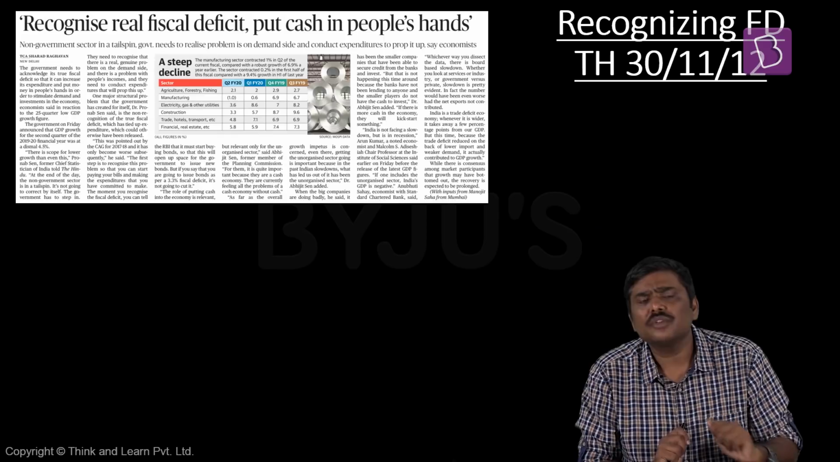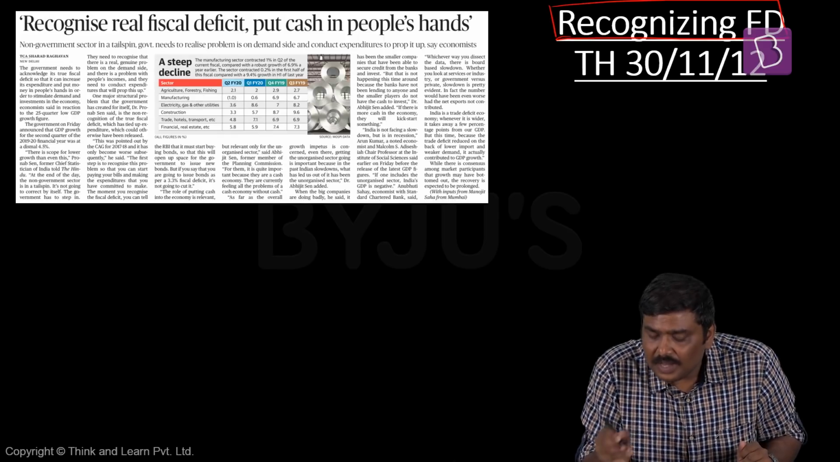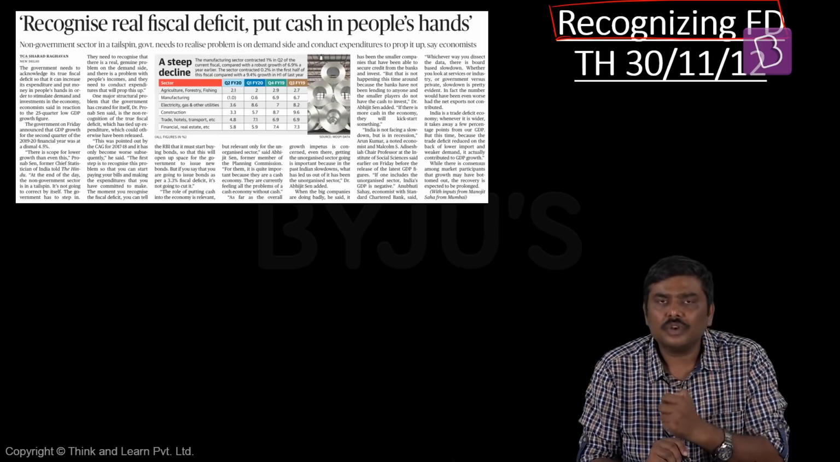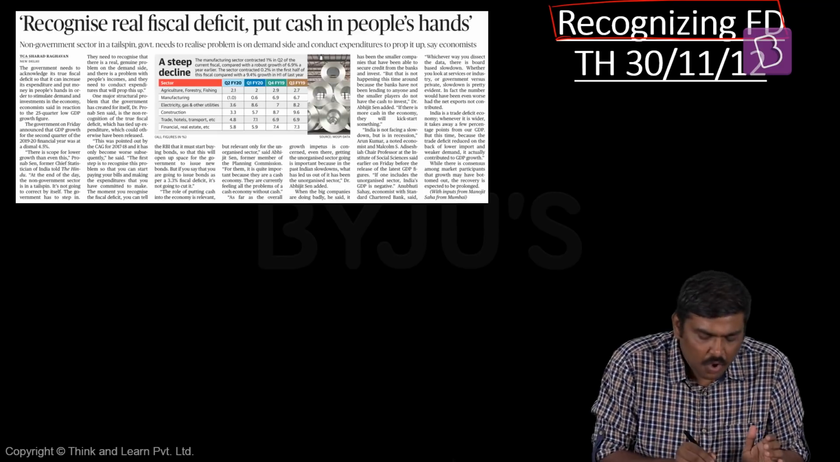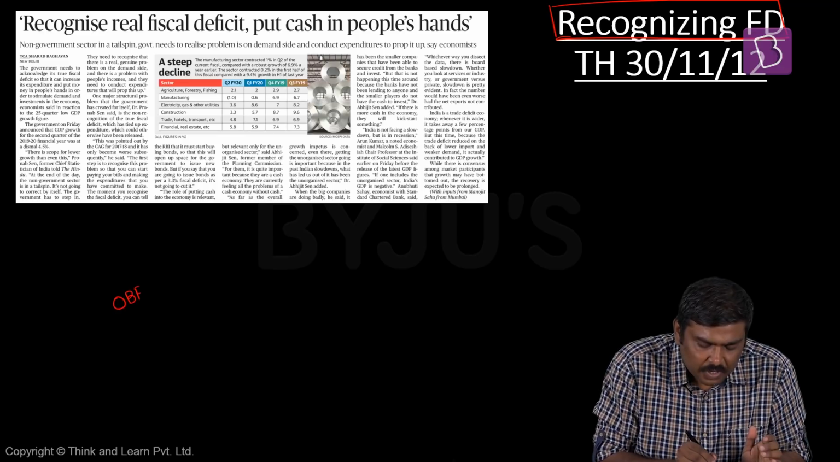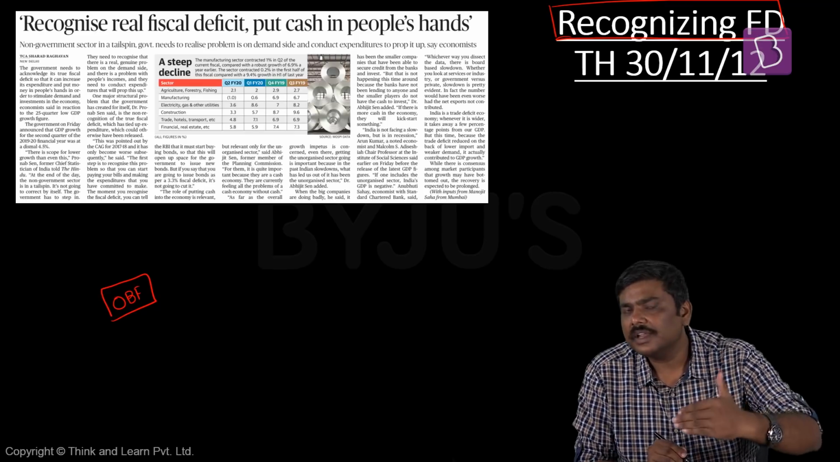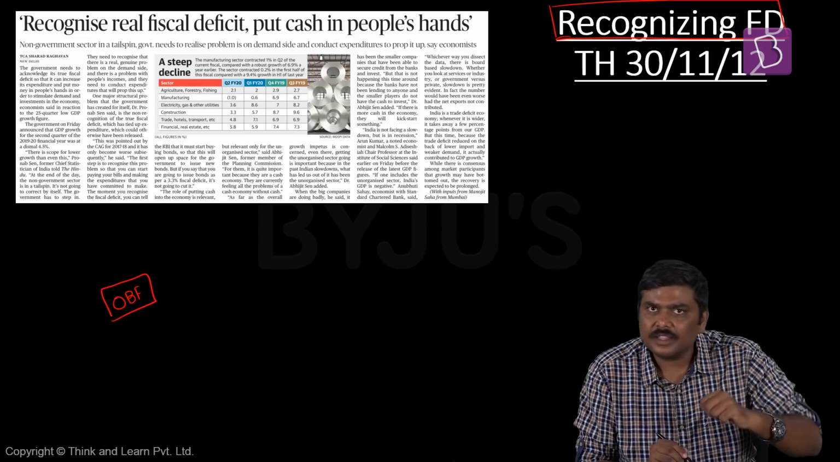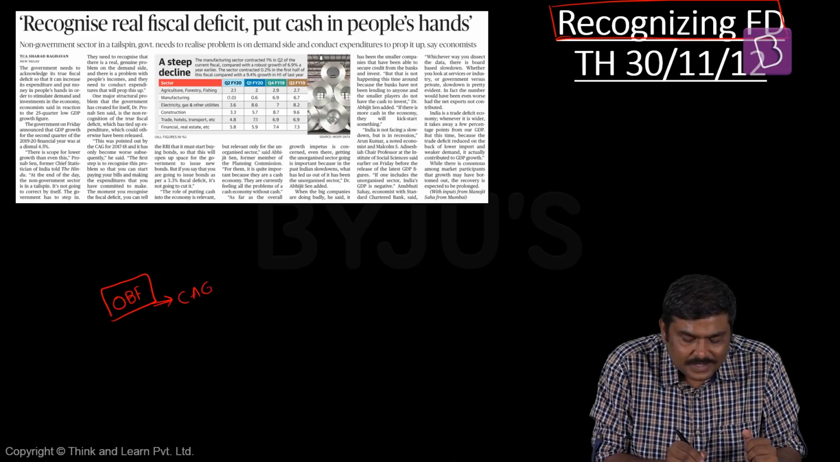So, let's go to the next article. The next article is related to the concept of a fiscal deficit. Now, before discussing what is given in the article, let me tell you the concept of off-budget financing. What do you mean by off-budget financing and how is it connected to this particular article? And here itself, I'll also tell you some very important observations made by a CAG report in